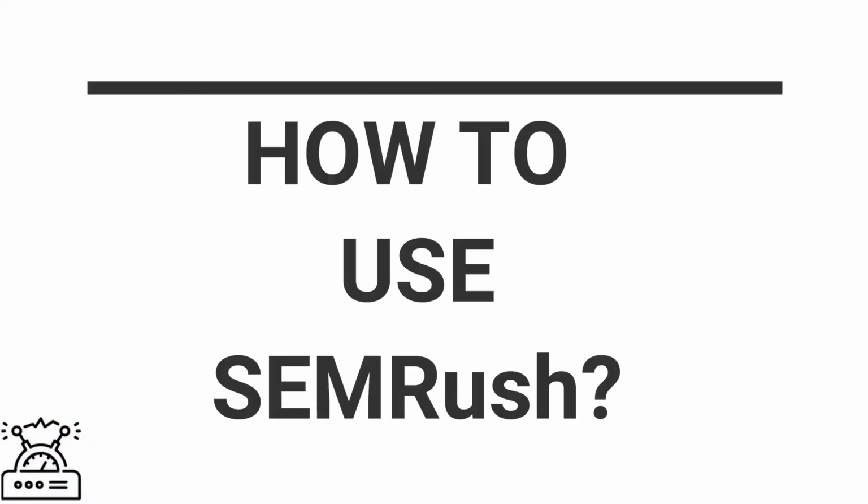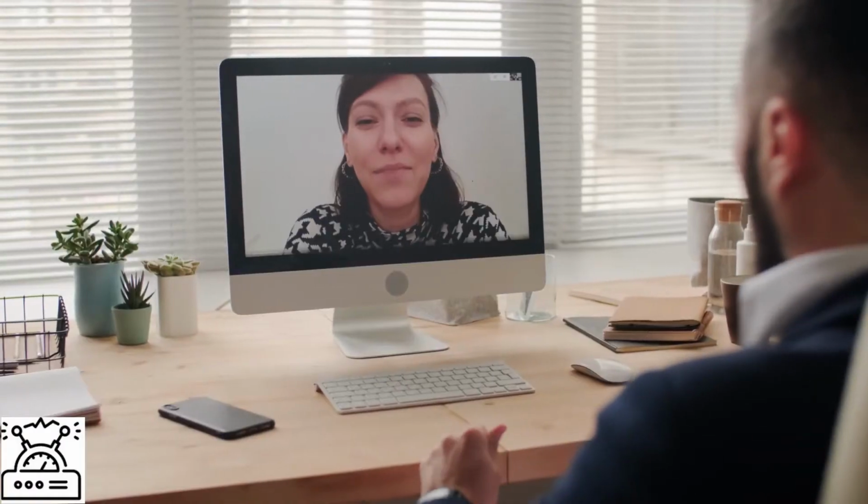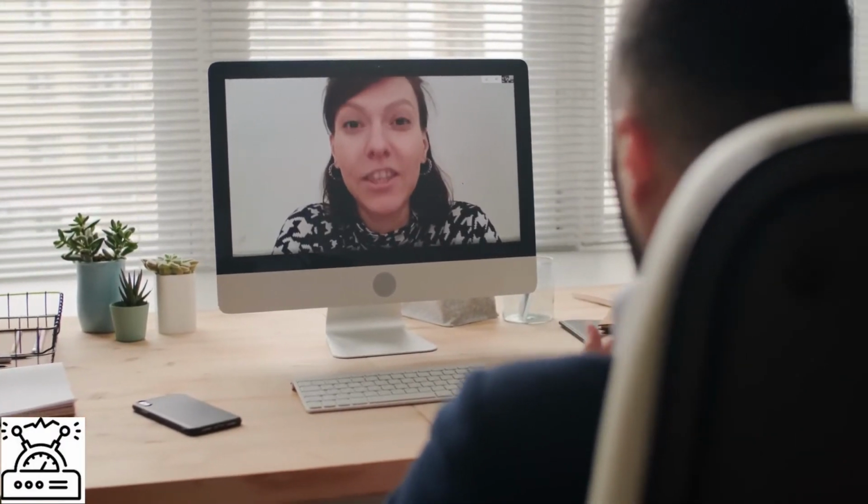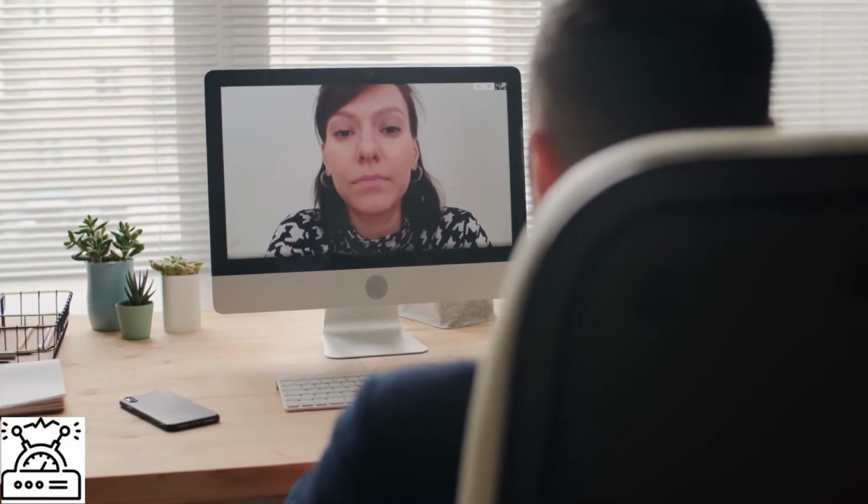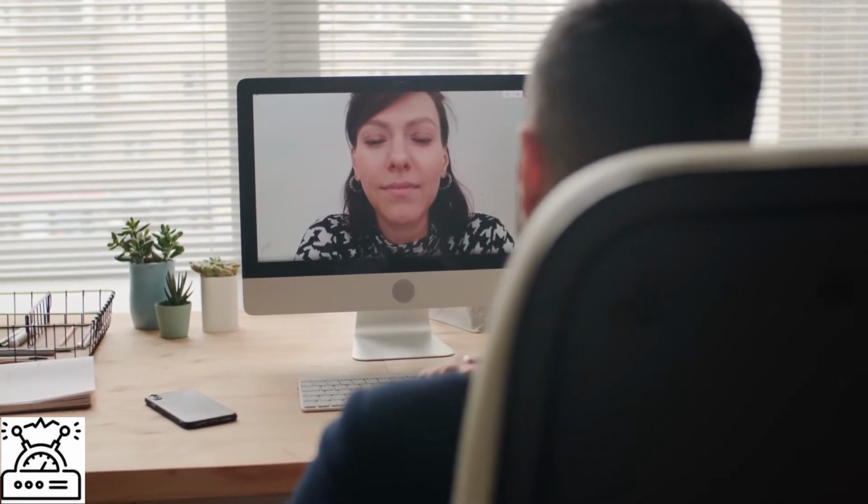How to use SEMrush? Here are a few points, starting with competitive research. Whenever you want to launch something in the market, you should know who you and your top rivals are in the market. This competitive research is designed in such a way that you can find out your rivals' traffic generation strategy and how they can affect your company's traffic. You can simply say that competitive research is a collection of data of rivals and analyzing it.